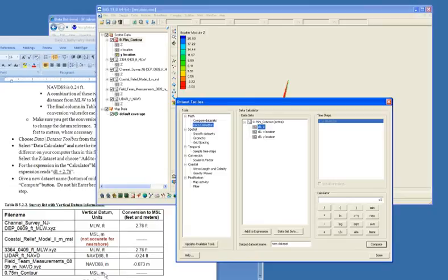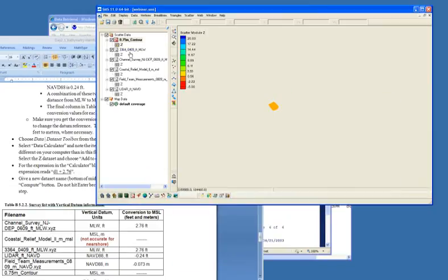This is already in mean sea level. We don't even need to do anything for this. So I'm just going to click done and go to the next one, which is